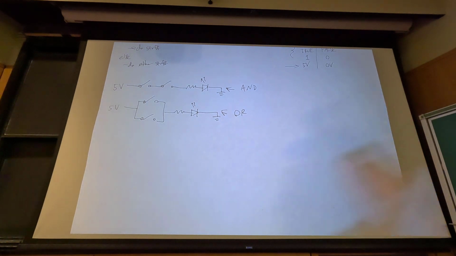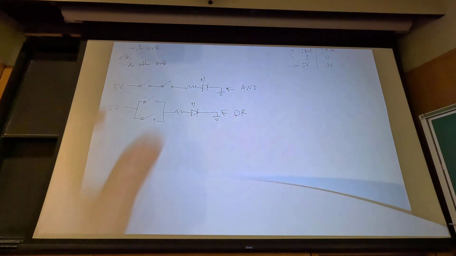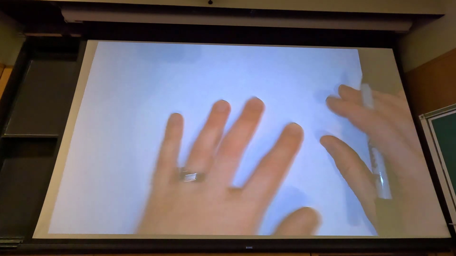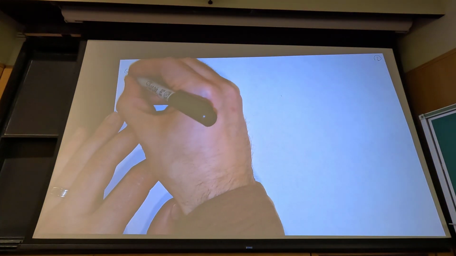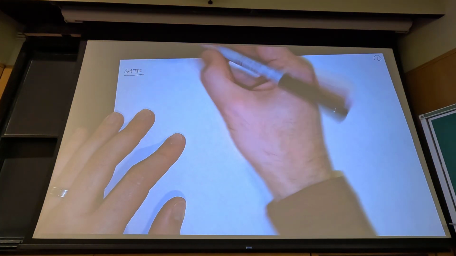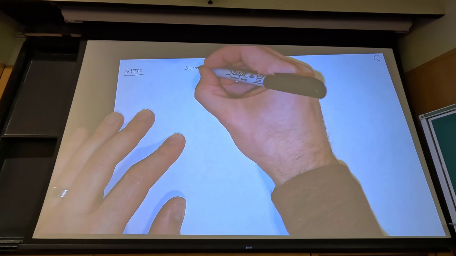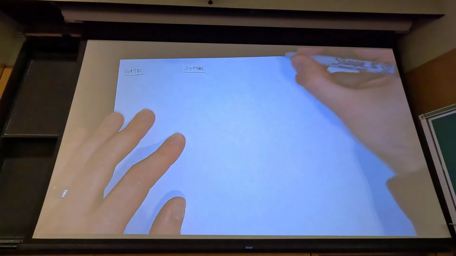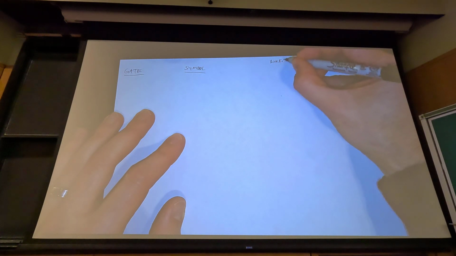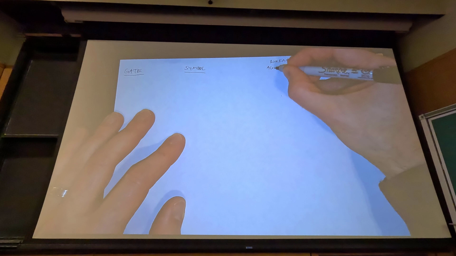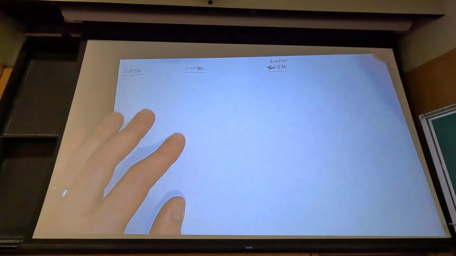Okay? So what we are going to do is a slightly boring part where I'm just going to write down some of the gates, and then we are going to switch over to Tinkercad. So for each one of these gates that I keep talking about, we are going to have the name of the gate itself, the circuit symbol for it, the Boolean algebra expression, and then something called a truth table,